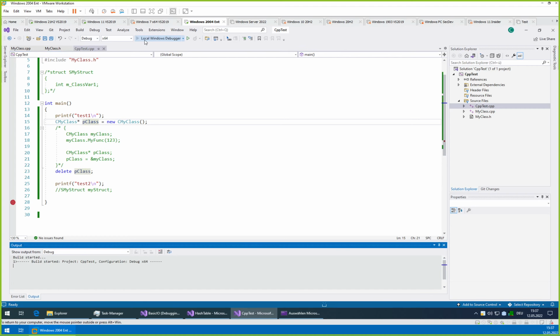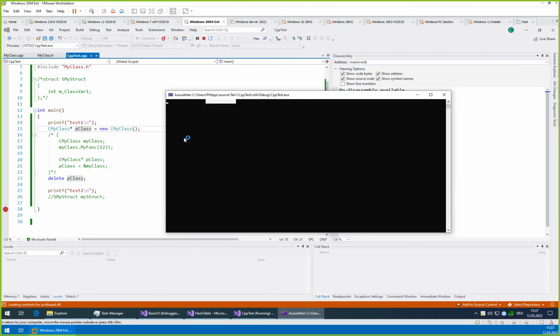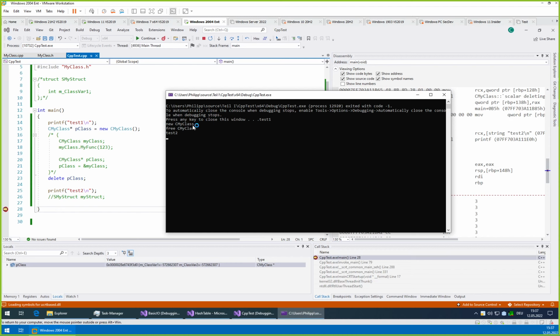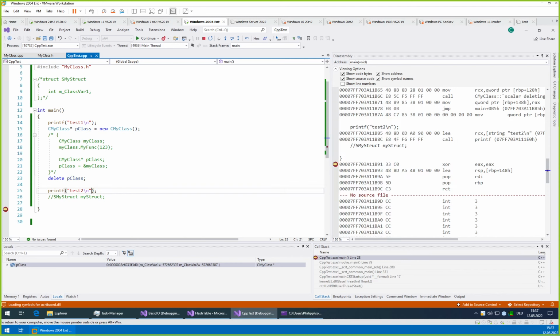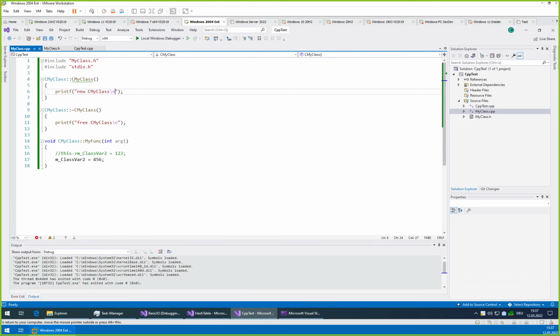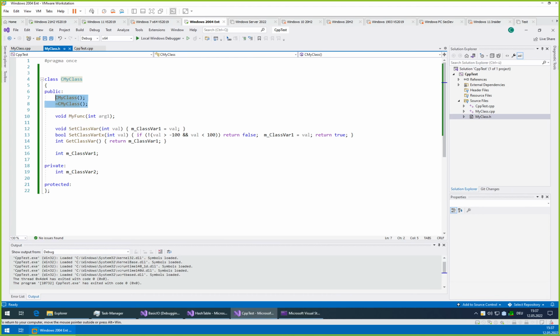We can also step through it. Well, first maybe we should try actually running it and demonstrating that it actually does what I said it does. So as you see here, yeah, it wrote test, then it made new 3, and then it wrote test 2. So it behaves the same way. And the important thing is that if you would have in your class some members of the type of another class, this will also call the destructor for those.